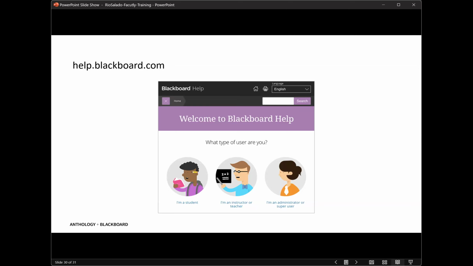Our help site is split into two parts. There's the original experience and then the ultra experience. So for example, you go to instructor and then original experience, and then you're looking at the articles that are reflective of your particular environment. Now, mind you, when you go to the help site and see any screenshots, there may be extra tools that you don't have access to.